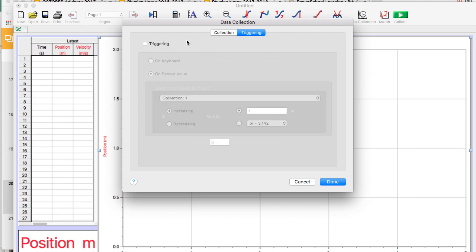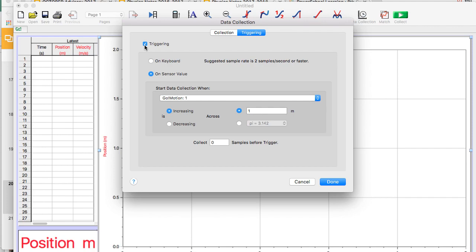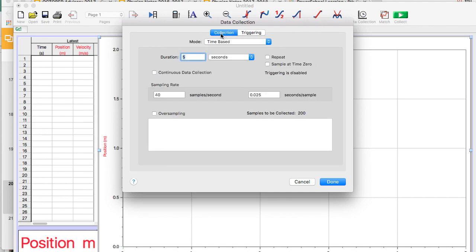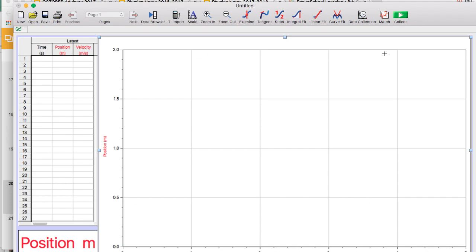The triggering is also not on right now. Triggering is that button on the Logger Pro on the motion detector. If you wanted to use that as the way to start your data, you could do that as well with some different settings there. So I'm going to leave that off. Just hit done. And I've got a little cardboard box here that I'm going to use as my object that